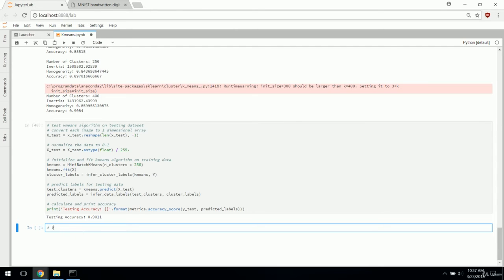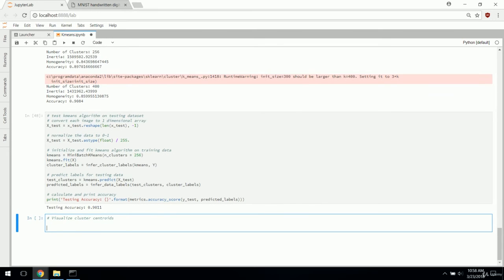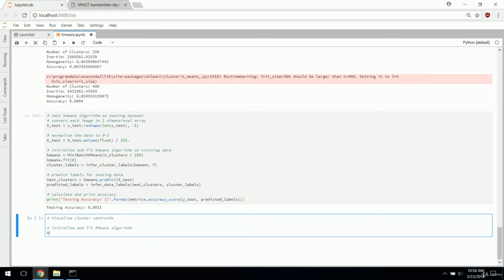So we're going to visualize cluster centroids. And I think this is actually the coolest part of this project. So let's go ahead and do that. We want to first initialize and fit the k-means algorithm. We've got to do this again, unfortunately. So we have kmeans equals MiniBatchKMeans, just as before. Number of clusters, we're going to actually set this smaller, 36, just so that we can actually graph all of